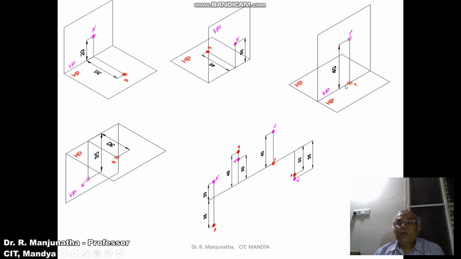As we look from the front view, we can see the distance above HP. That distance will be on the vertical plane, so it will be R dash. That distance is 40. And when you look from the top view, it is on VP, so obviously the image will be on the horizontal plane. So this point will become small r. When you rotate HP down in the first quadrant, the image will lie there, and when you rotate in the second quadrant, again the image will fall there. So R dash will be above the XY line by 40 mm and small r will be on the XY line. You can see here, that will be this one.